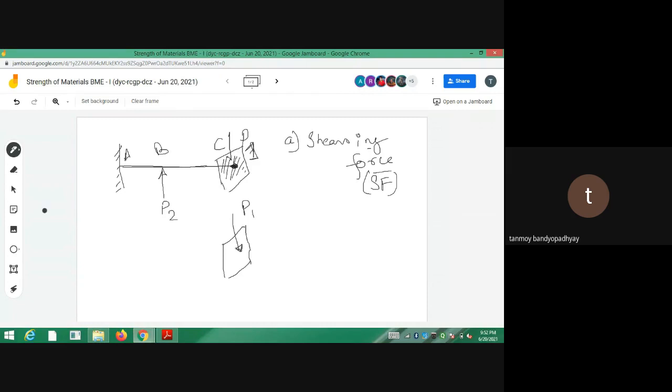So if I draw something like, say, shear force, I'm calling it V. Since V is a variable, V can change along the span length of the beam. If I say Vx, then Vx is varying along X. So if I plot V versus X, Vx versus X, I will get the shear force diagram, the SF diagram.